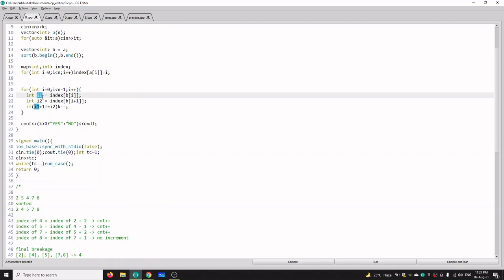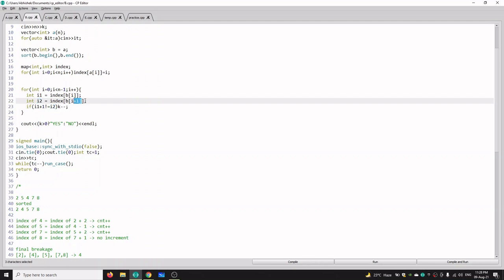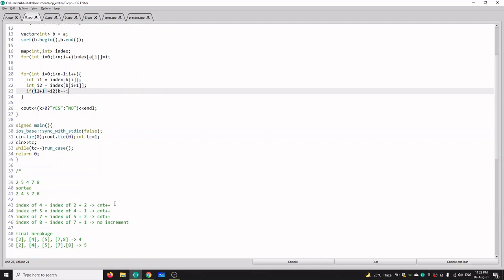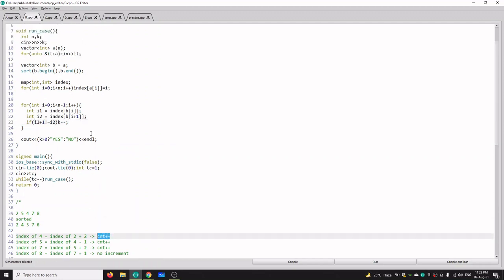Like I1 shows the index of the current value, and I2 shows the index of the next value in the sorted vector, that is b. So if it is not equal to I1 plus 1, then we will either increment our count, or we can decrement our k value. Both things are equal.